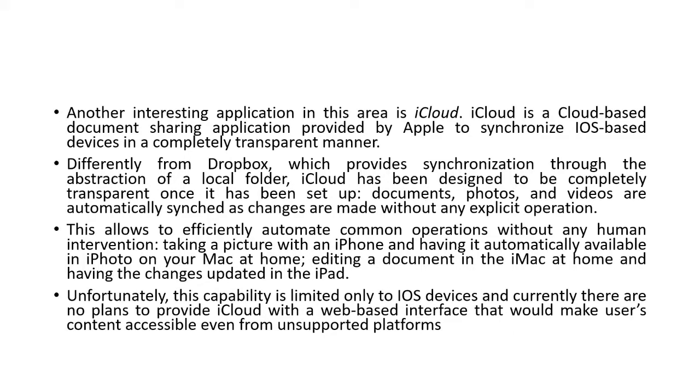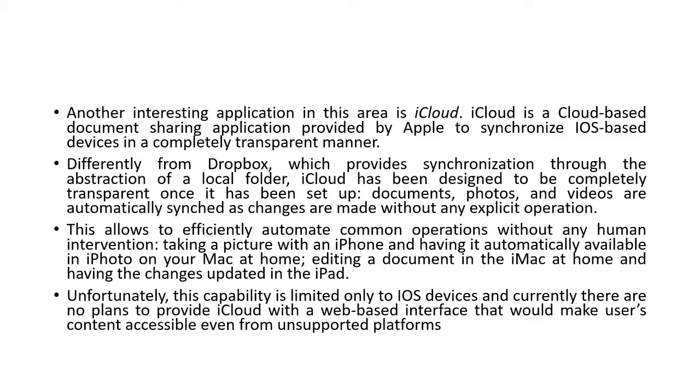iCloud. Another interesting application in this area is iCloud. iCloud is a cloud-based document sharing application provided by Apple to synchronize iOS-based devices in a completely transparent manner.